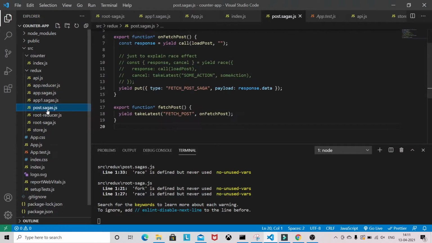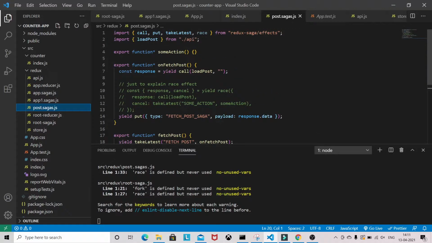I will be doing it in the post saga, where I'm fetching the posts. To deal with errors in Redux Saga, we basically use a try catch block.